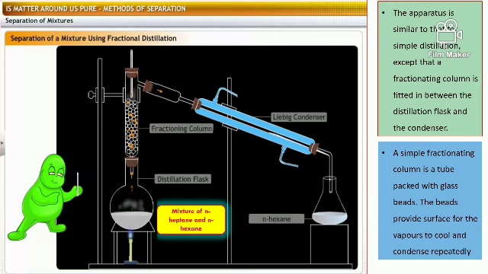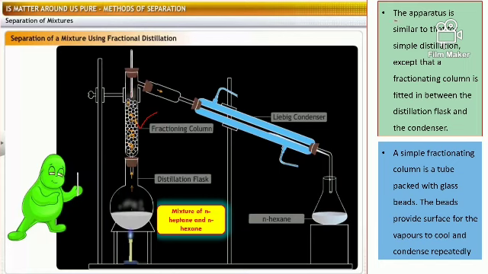So here you can see the distillation set. In this distillation set, just above the round bottom flask, we have one fractionating column. This fractionating column contains glass beads. So let me read it first, then I'll explain.